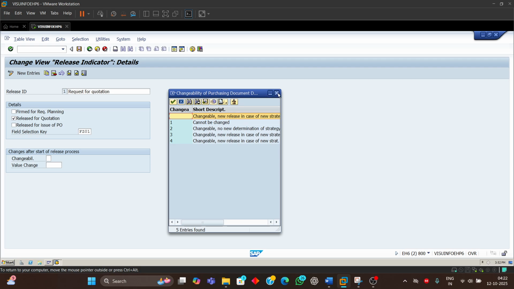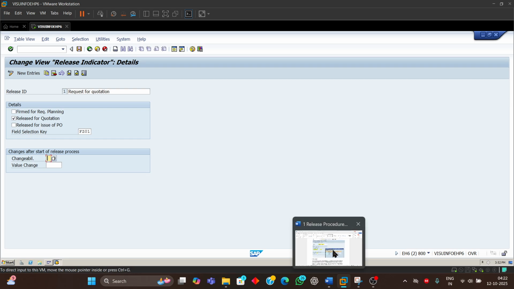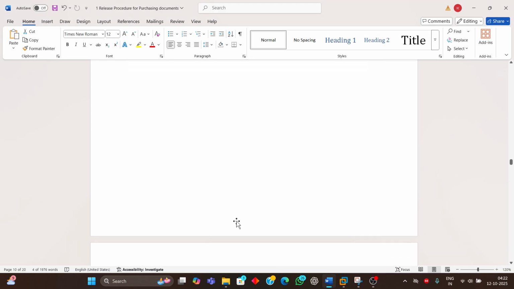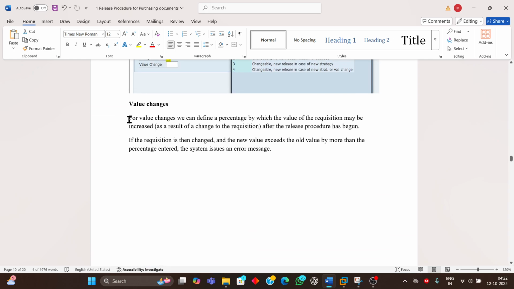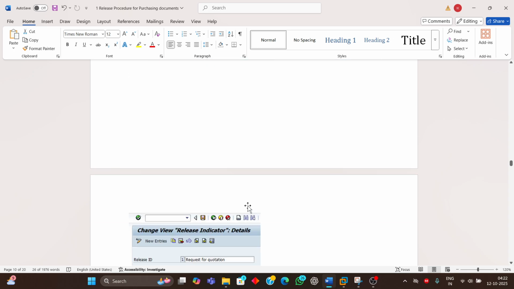Okay, so this is about this one, and the other one is value changes. What is this value change? For value changes, we can define a percentage by which the value of the requisition may be increased after the release procedure has started. If the requisition is then changed and the new value exceeds the old value by more than the percentage entered, the system issues an error message. For example, here,